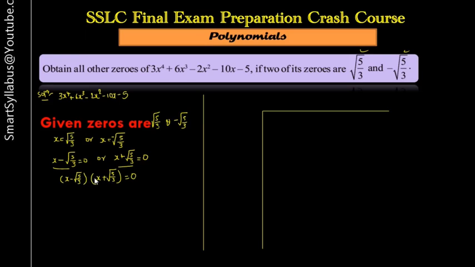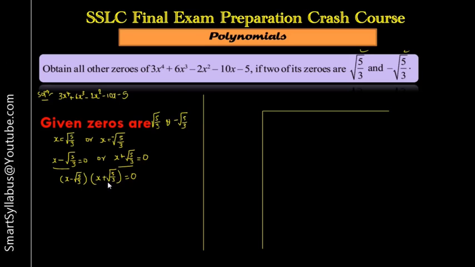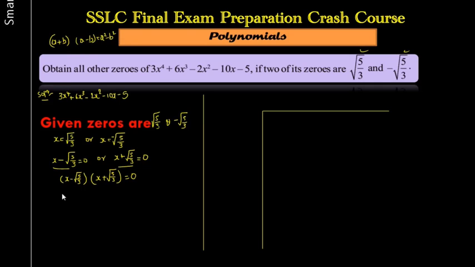For that multiplication, you can use the regular multiplication method, that is multiplying first with x these two terms, then with minus root 5 by 3 these two terms, but it takes a little more time and there are chances of getting confused. So we use an identity for this. You can see here it is in the form a plus b, a minus b. So this is in the form a plus b and a minus b, that's equal to a square minus b square, right? We'll use this idea to solve the next step.